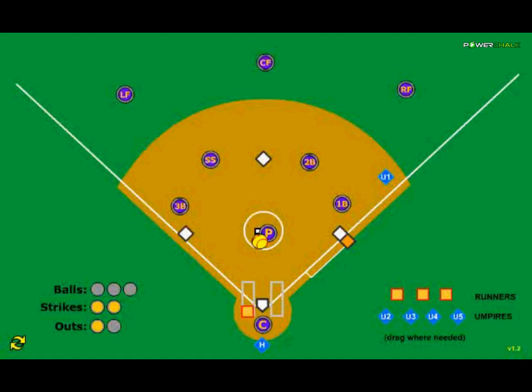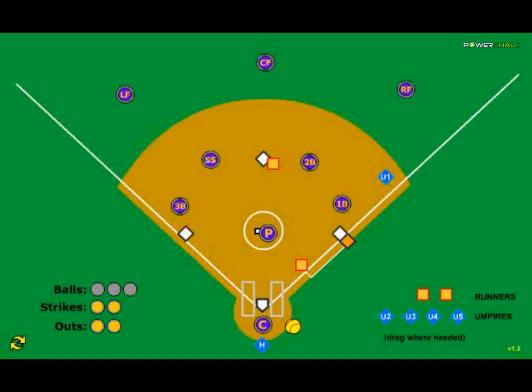The last scenario is whether there's a man on base or not. We'll put one on base. There's 2 strikes and there's 2 outs. Let's say there's a man on first base. Pitcher pitches the ball. Batter does not swing, and it's called a strike, but the catcher drops the ball. In this case, even though there's a person on first, since there's 2 outs, the batter can run and the